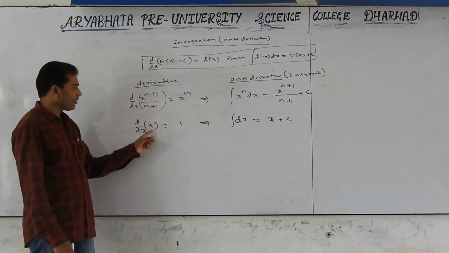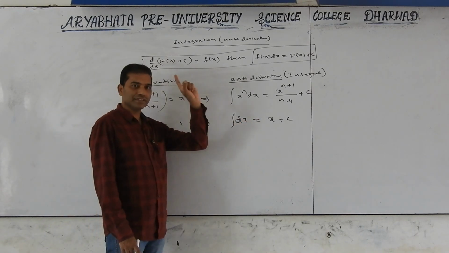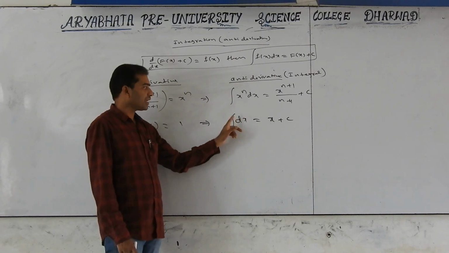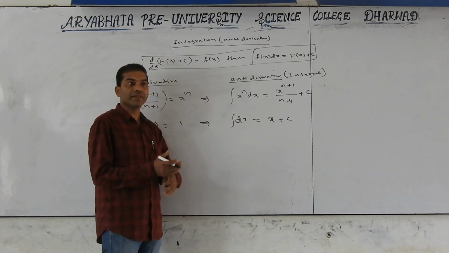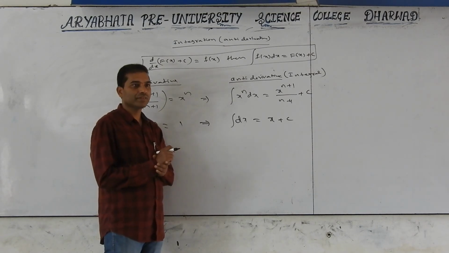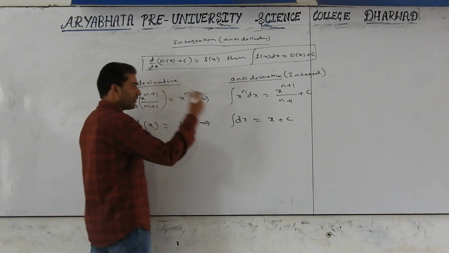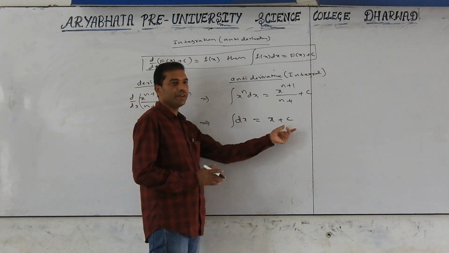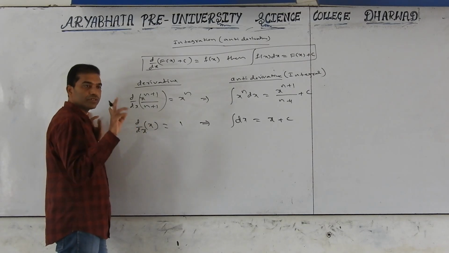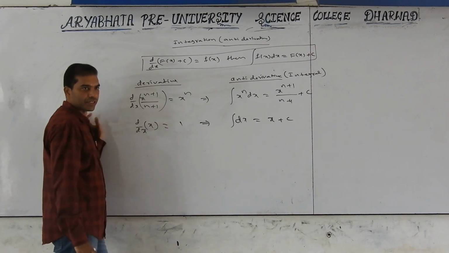Are you following? Derivative of x is 1. Integration of 1 dx is x. Most important: integration of dx or 1 dx, both are same. Integration of dx equal to x. Integration of dy is y, because it is with respect to y. Are you following? So integration of dx equal to x plus c. For each and everything, for an indefinite integral you should add plus c. Sometimes if I do not write it, you should add it compulsorily. So derivative of x is 1, integration of dx is x plus c.